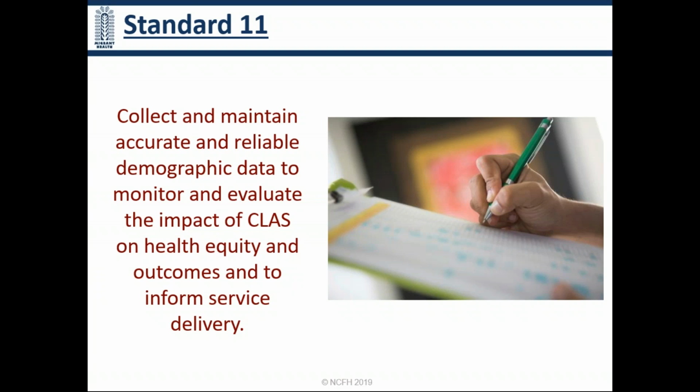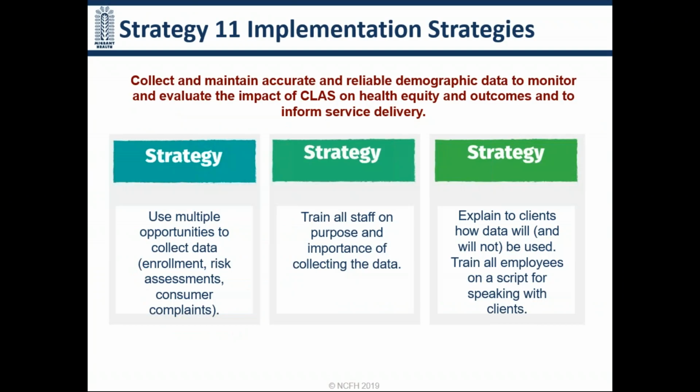So you want to do this on a regular basis and monitor the needs, assessment, utilization, and quality of care in the outcome patterns of all of those things. You want to ensure equal allocation of organizational resources. You want to integrate race, ethnicity, and language data into the EMRs. And you want to set a schedule to update this data periodically. How often are you going to do this? You can do this once a year, every 6 months. Those are some things to take into consideration, some strategies to look at.